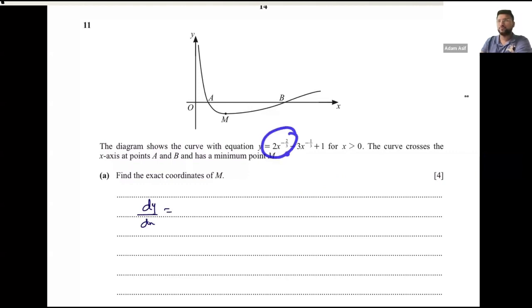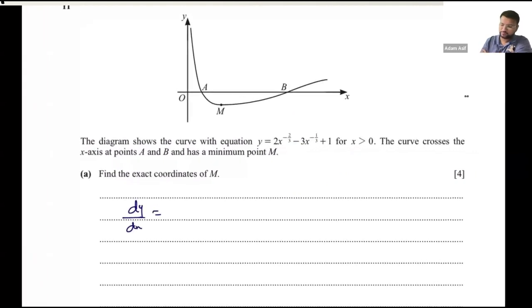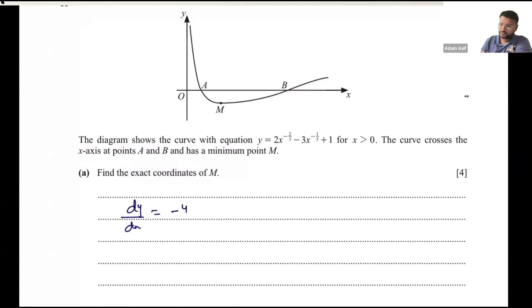2x टू द पावर ऑफ -2/3 की डिफरेंशिएशन क्या हो जाएगी? -4/3 x की पावर -2/3 -1, -5/3। -3x की हो जाएगा +1 x की पावर -1/3 -1, -4/3। अब्दुल्ला 1 की डिफरेंशिएशन क्या होगी? 0। अब मैं क्या करूंगा, मैं इसको इक्वल टू 0 कर दूंगा बिकॉज आई एम सॉल्विंग फॉर द स्टेशनरी पॉइंट।